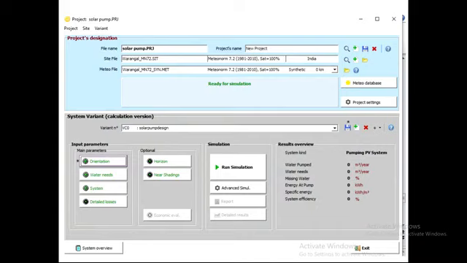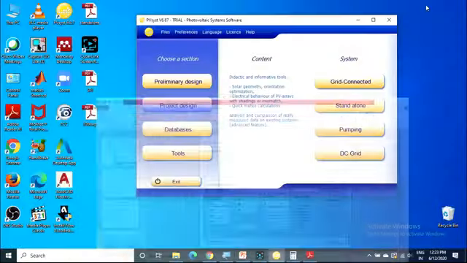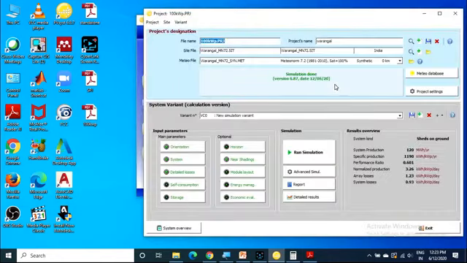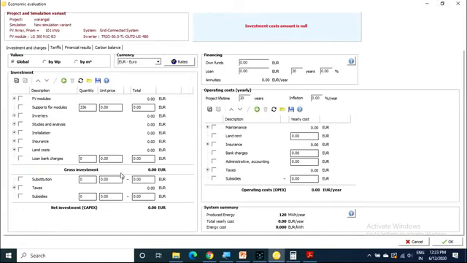Yeah, sure. So, the economic evaluation. I already told you, this is our 100 kilowatt project. When you click on the economic evaluation, it will give this window. It is not a difficult task, but